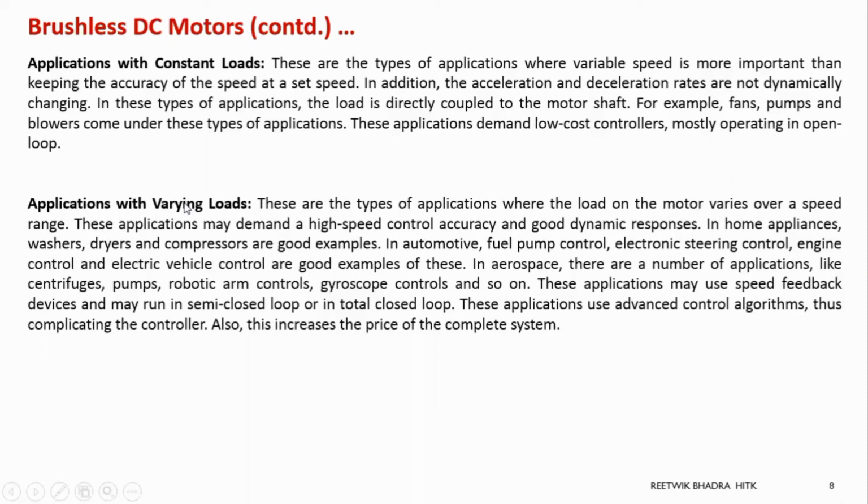So it's not a closed loop function. But if it is a variable load, that means the speed varies over certain ranges. Then there should be high control over speed and good response should be required, right? Means every moment the speed is changing. For some 5 seconds, speed is this one. For next 5 seconds, speed is this one.